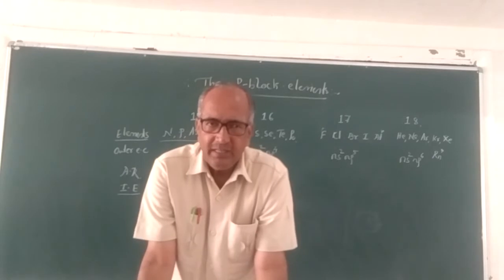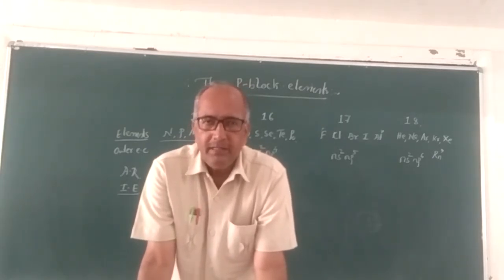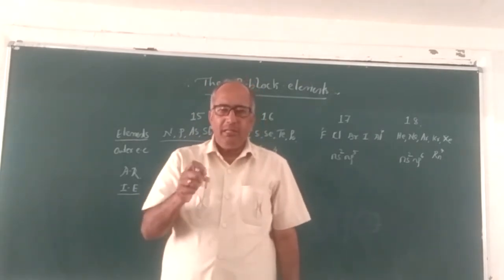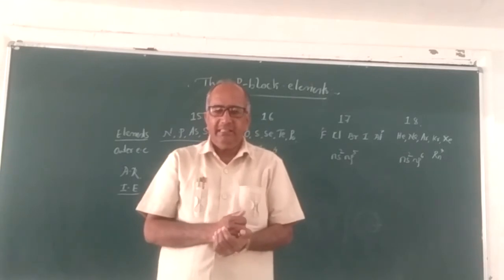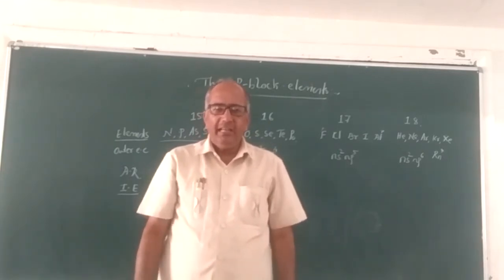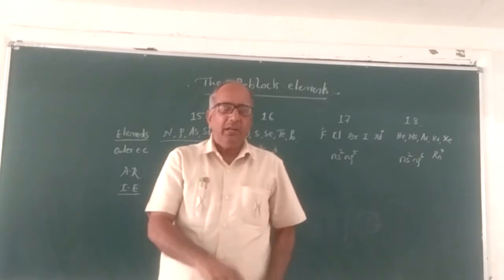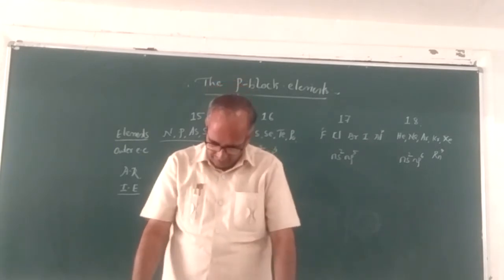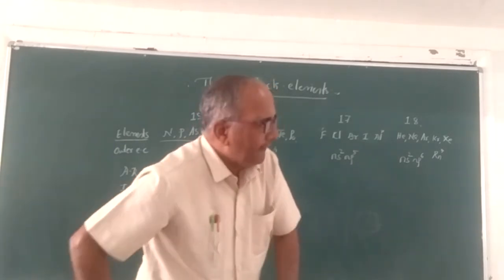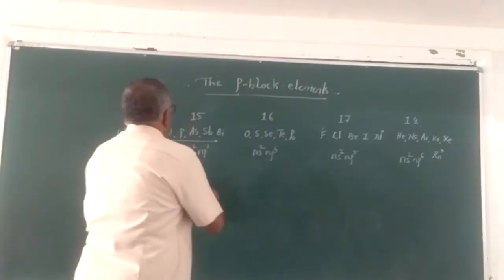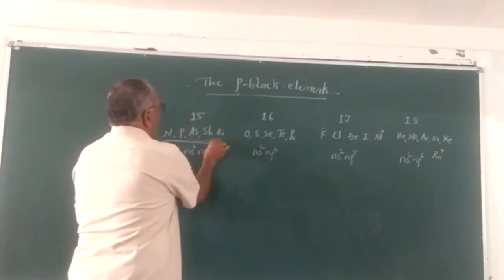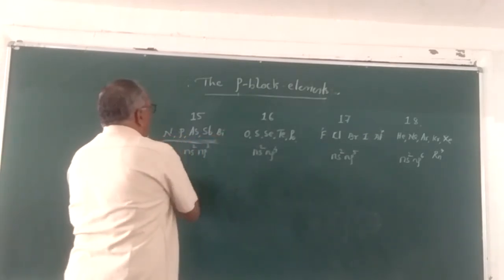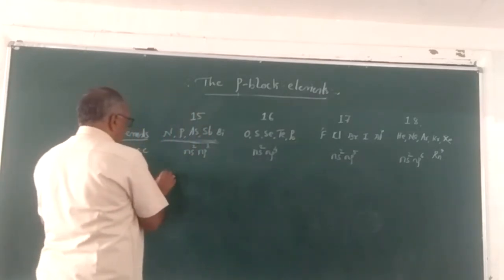Repeat once again. It is the amount of energy required to remove the electron from the valence shell of a gaseous neutral atom to become a gaseous positive ion, called ionization energy or ionization enthalpy. I already told you this in the first year. See that down every group, from nitrogen to bismuth, the ionization enthalpy. This is atomic radii.